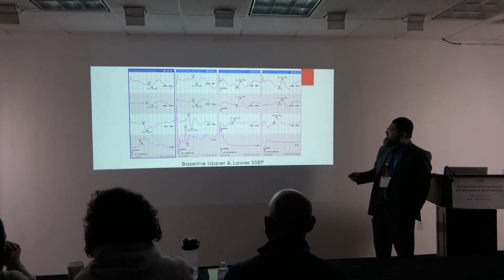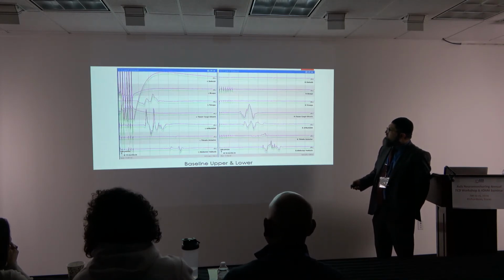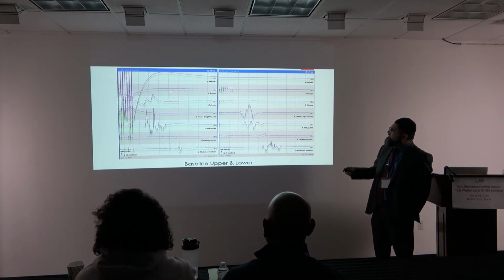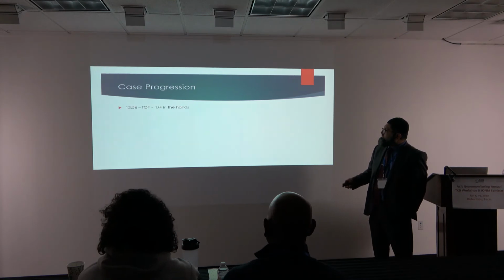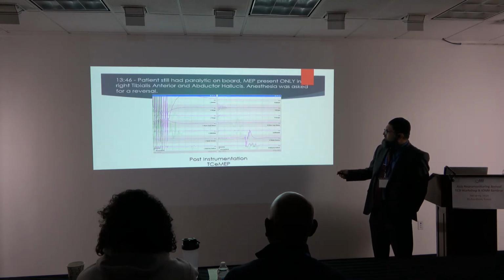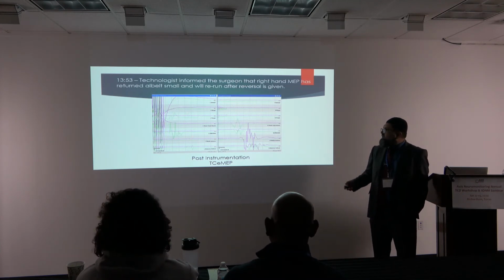This is the baseline data: left, right, upper, left, right, lower. So this is the baseline, upper left MEP, right MEP, nothing on the deltoid, nothing on biceps, nothing on triceps. I have triceps here, but no deltoid or biceps. So this was the time where I have activity, and this is the closing. So the patient has no MEP at closing. Those are the two MEP traces, and this was the only right hand. So this patient woke up with full left hand paralysis. The right hand was weak before that.